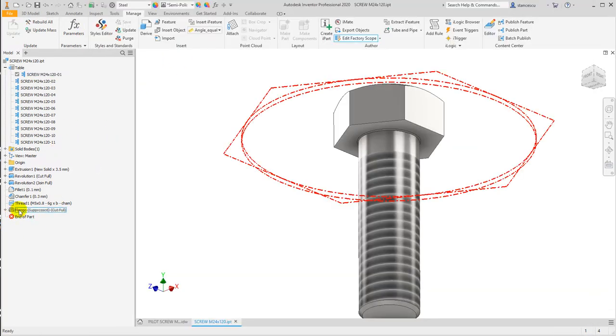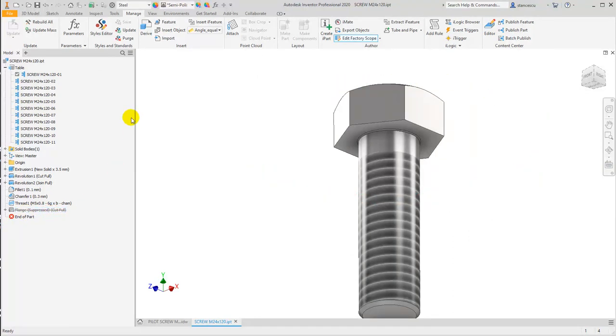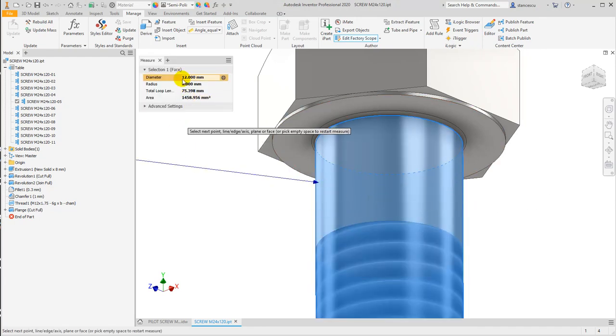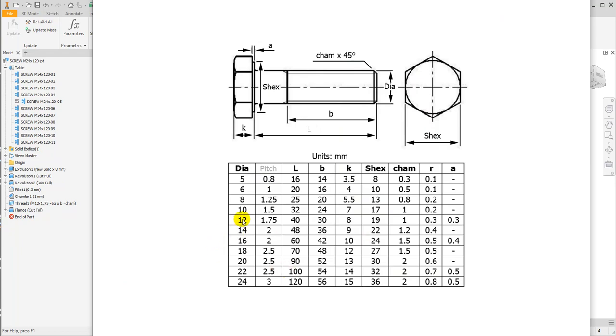You see here is suppressed automatically. Here the flange appears. What dimension is now? M. This is 12, and 12 is with flange. Okay,